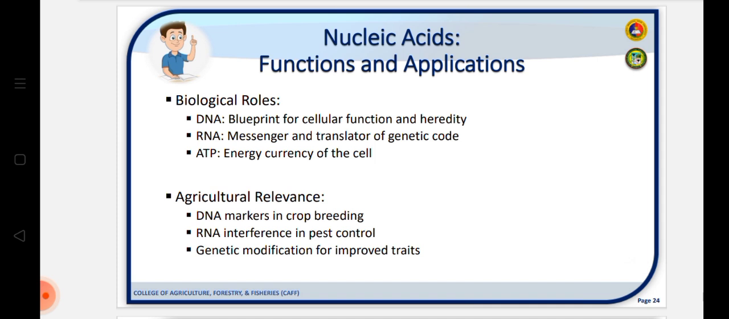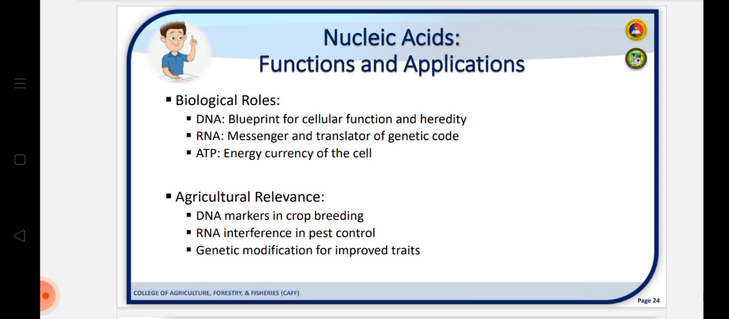So meaning it stores genetic instructions that guide development, metabolism, and reproduction. And we also have RNA. They serve as messenger and translator, converting DNA's code into proteins through transcription and translation. And then we also have ATP, or adenosine triphosphate. Although technically a nucleotide, it functions as the energy currency of the cell, powering biochemical reactions from muscle contraction to